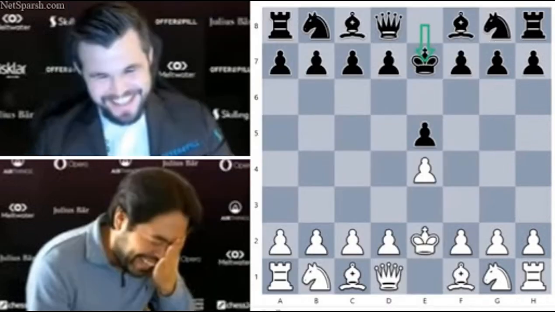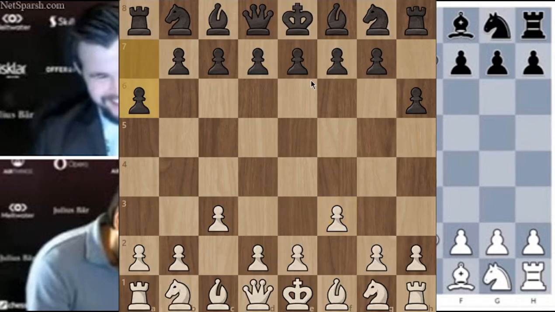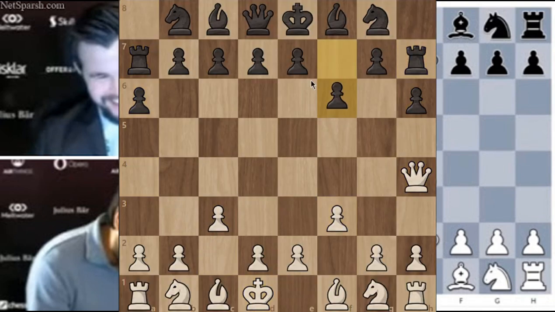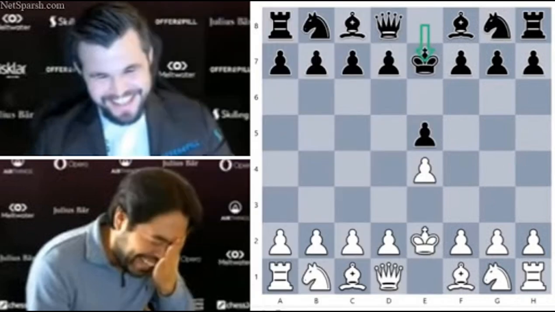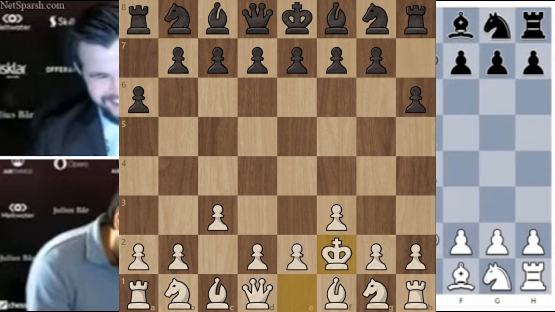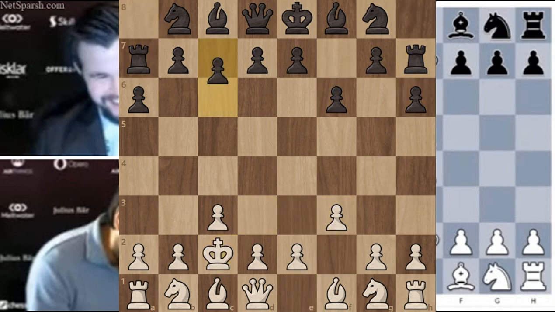Now before you leave, there's one more BongCloud variation in the history of the BongCloud that is now basically extinct. It was created in the experimentation phase of the opening, and nowadays it is commonly agreed upon between grandmasters that this BongCloud is deeply flawed. There are two variations to this flawed BongCloud. One of them goes c3, f3, queen a4, king d1 and queen e1. You can switch them over but no one really cares. And the other one goes c3, f3, king f2, king e3, king d3, king c2, queen e1 and king d1.